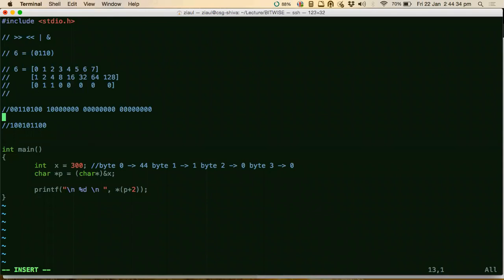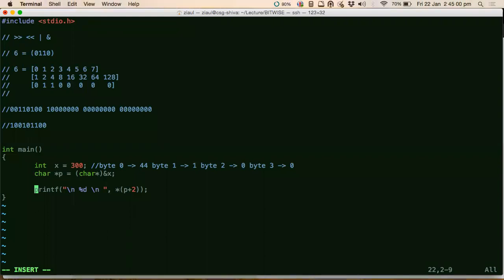Yes, no? Sir, I have a doubt. In the previous example where we were splitting this 300 into its byte constant values, we didn't actually get the value of byte 1 as 256, right? Because we need to get the value that is being stored by each byte with respect to this x, but we got only 1.